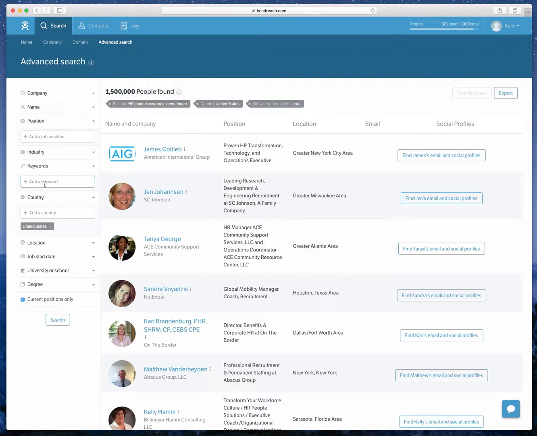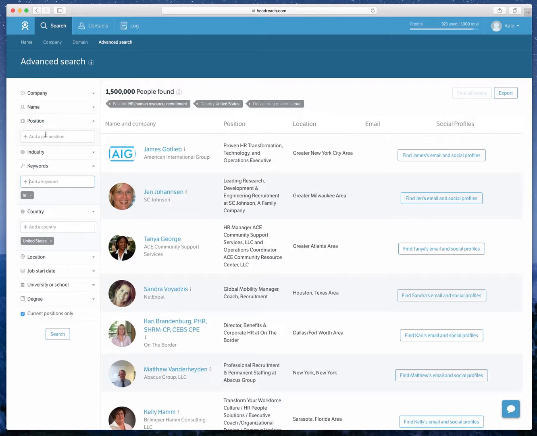And what this will do is target relevant keywords related to the people you're searching for, but not necessarily under their position. So what I mean is, a person's position could be VP of people, and we could still be able to find him if we use the relevant keywords instead of position,